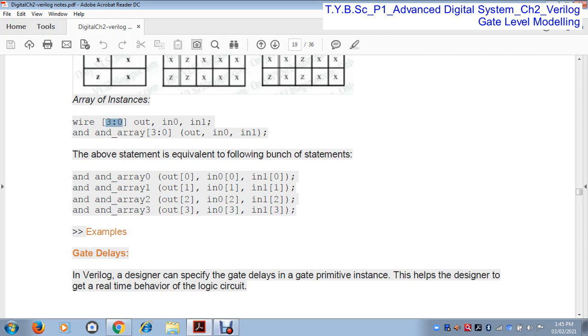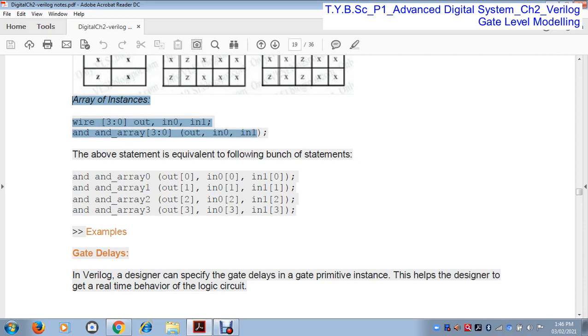Wire means there are 3 connections: output connection, input 0 connection and input 1 connection, and there is an array of 4 AND gates, each with 3 connections, that means 2 inputs and 1 output.